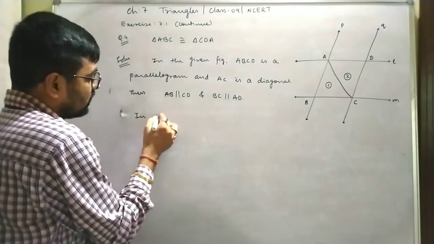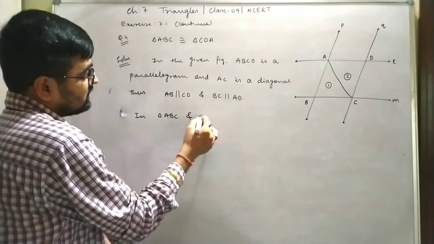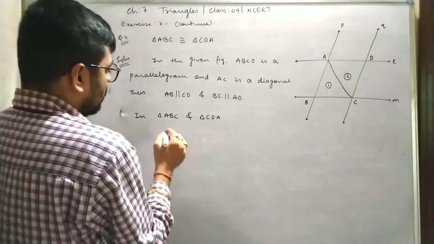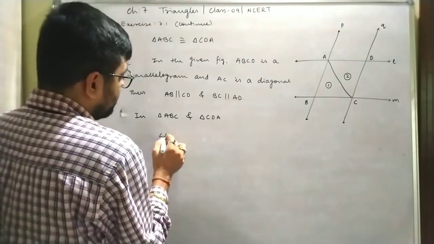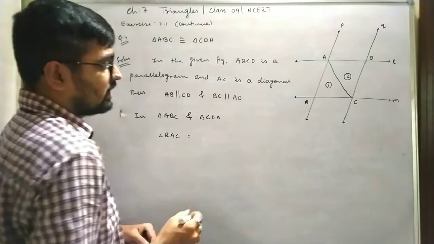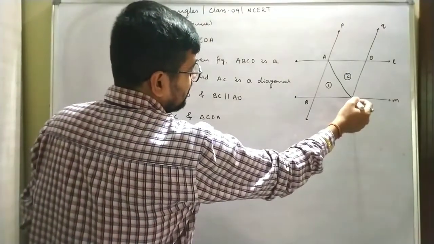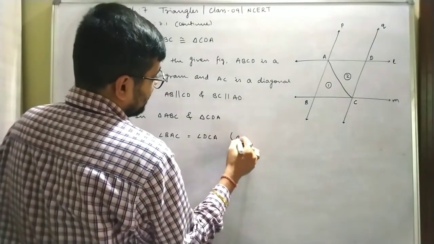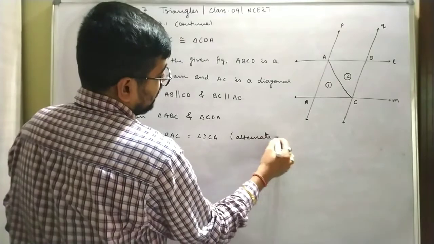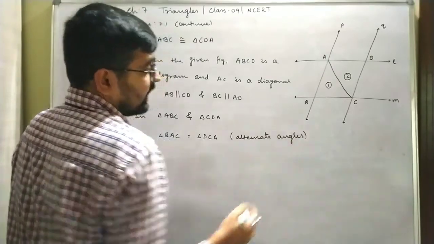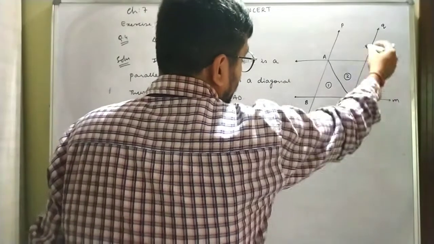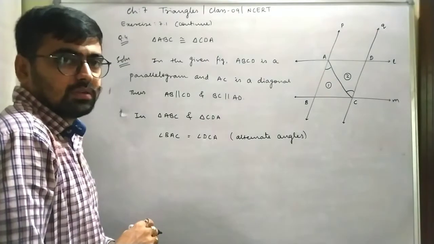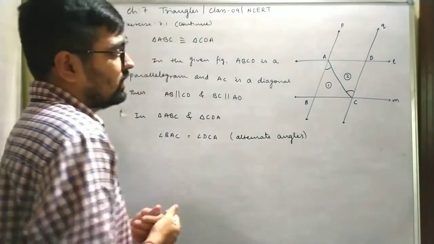Now we'll talk about both the triangles. So let's say in triangle ABC and triangle CDA, if I say angle BAC, will it be equal to angle DCA? Definitely. How? Alternate angles. Am I right? A Z is being formed, see. This is how it can create a Z. So this angle and this angle are going to be equal. Very simple idea, there is no difficulty at all.